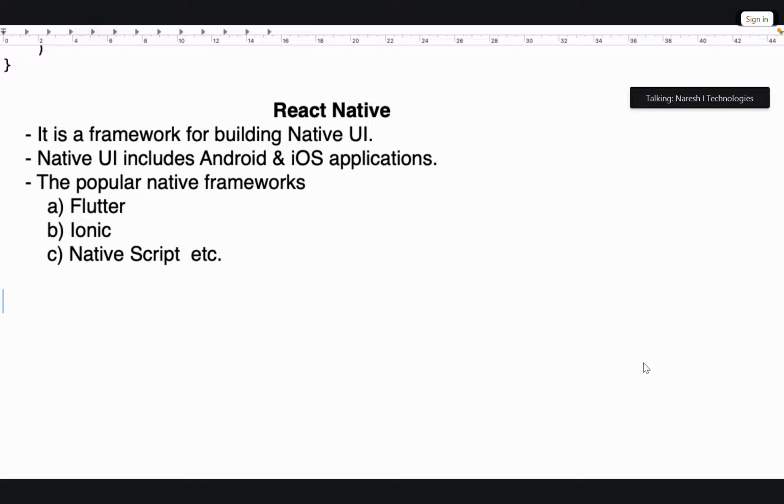Flutter, Ionic, NativeScript, all come under different frameworks. It's not just React Native. Like React Native, so many are there. Companies may use anything. Flutter is one popular.